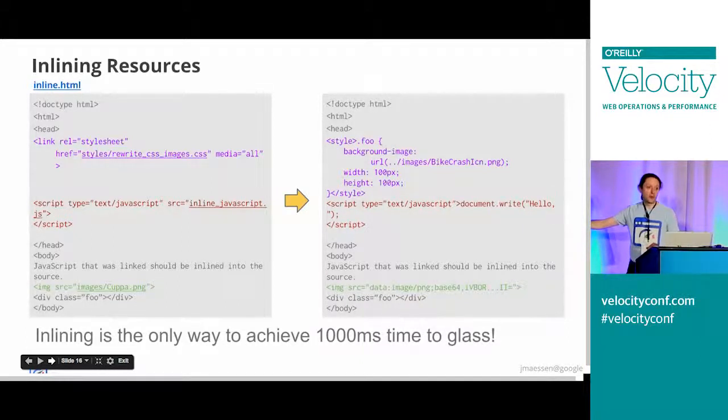That doesn't mean we should inline all our resources necessarily, though we've certainly talked about that, and we hope to be able to tell you something about that in future Velocities. But it does mean that we need to at least selectively inline some stuff on pages if we're going to make them go quickly. So just inlining little resources is a great start,